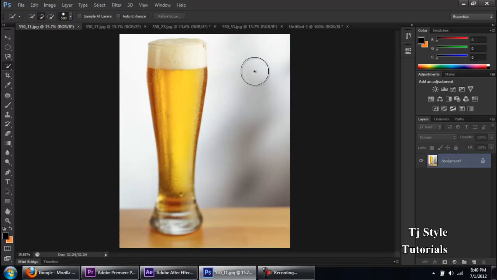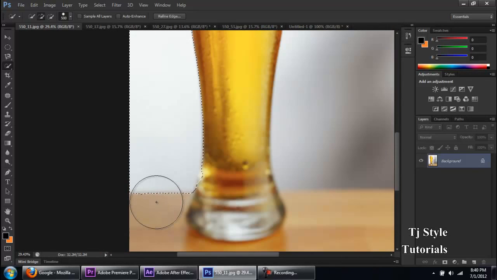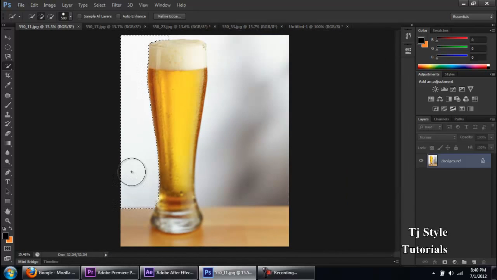Okay, so basically guys, if you see, there is a lot of white in my image. If I just do one click, you'll see that it properly selects only the white. You can see that there is a color distinction happening. Basically the color gets changed from white to the wood color, and therefore my quick selection just stops over there and only selects the